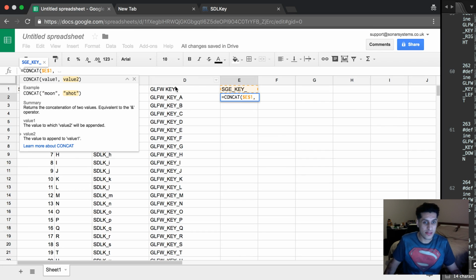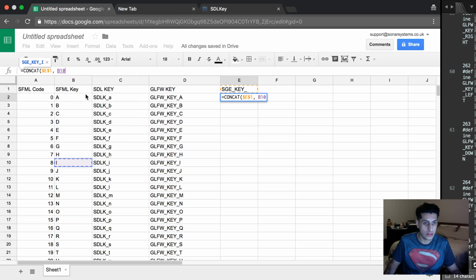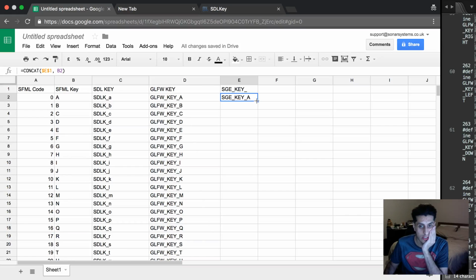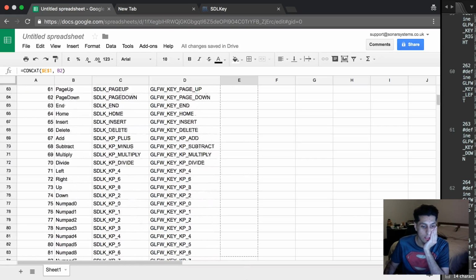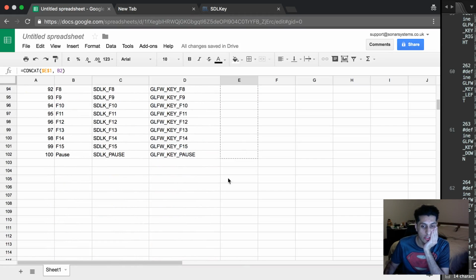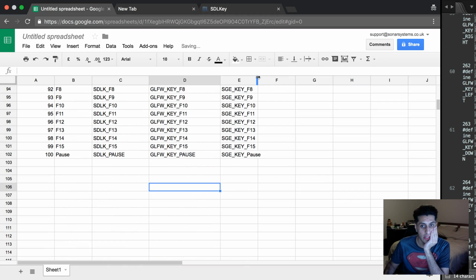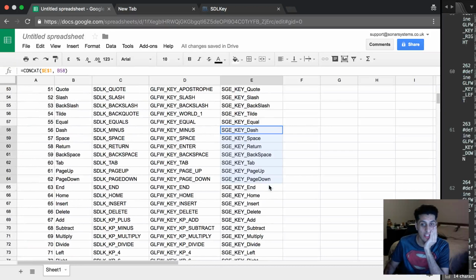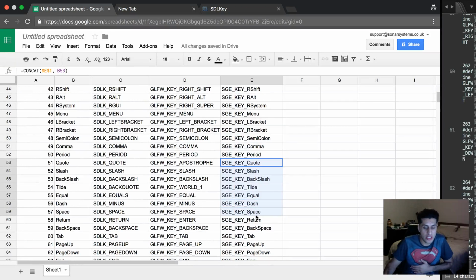So we want to do this as this one, and now if we do, that's exactly what we want. So if we just pump this all the way down, so we got 100 keys in this system, and honestly I'm pretty happy with that. So these are what we will be using,